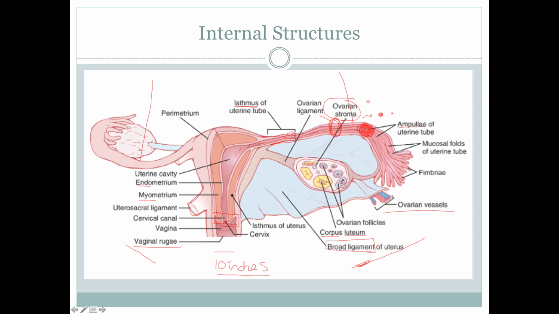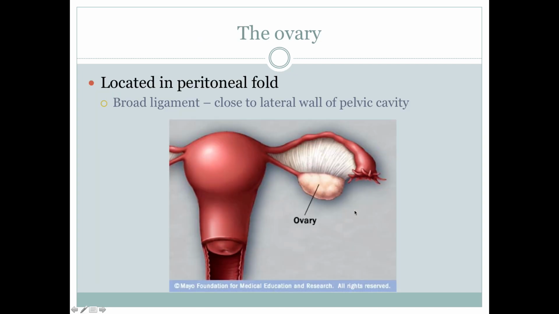But how does the egg get out? It doesn't just go through a duct. That would be nice if it just went right down here and went into the uterus. That would be really pleasant. Instead, unlike the male body where sperm can just leave through the testes and epididymis, the mature egg in ovulation actually has to break down this wall and then it bursts out in a really fun thing called ovulation. And we'll talk about that. So there's a lot of different pieces in there and they're all doing something different and then they're hopefully working together at the same time.